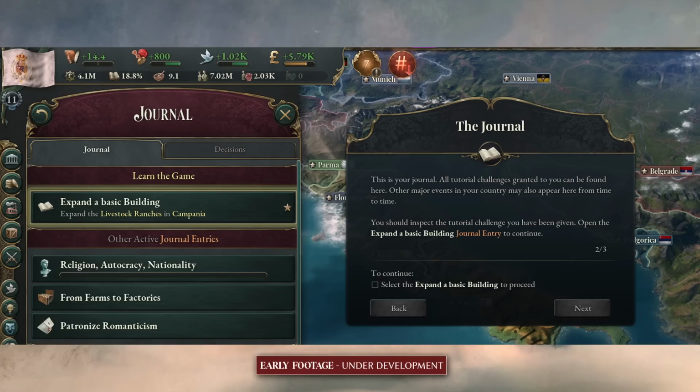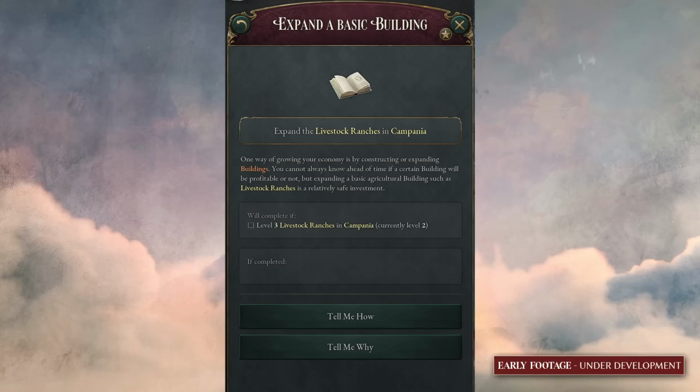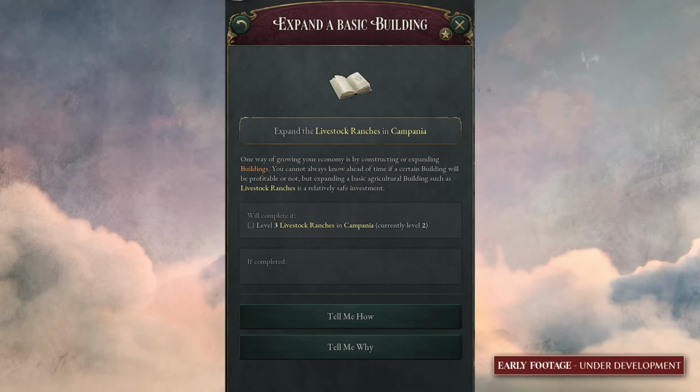And these journal entries that appear there are more like challenges for you to engage with. And they appear when we think you should learn a specific thing, so they kind of react to what you are doing. With this, we want to show the information that is relevant to the player at this particular time in the game. But the second thing I mentioned was the pop-up walkthroughs, and they are there to deliver you some basic information on where to find things in the UI.